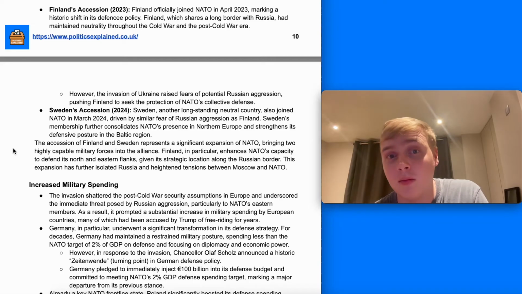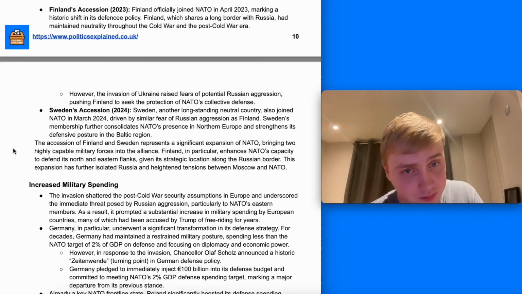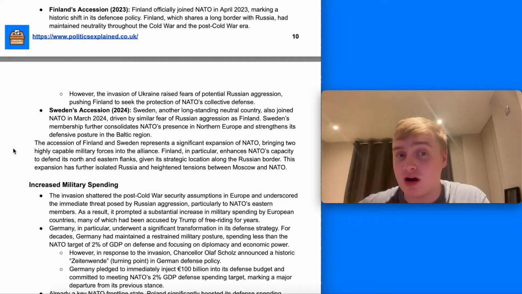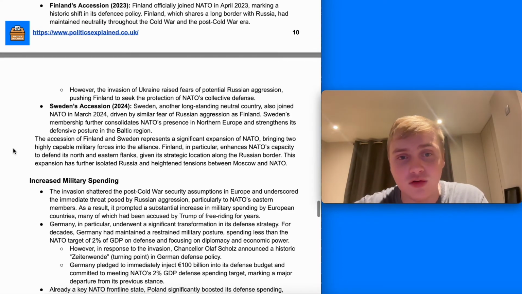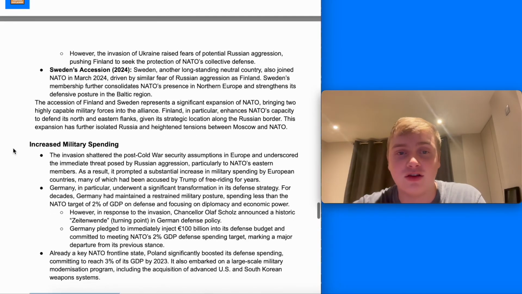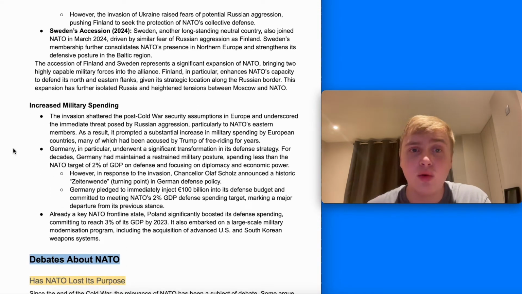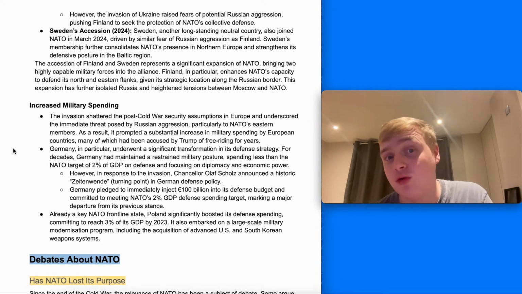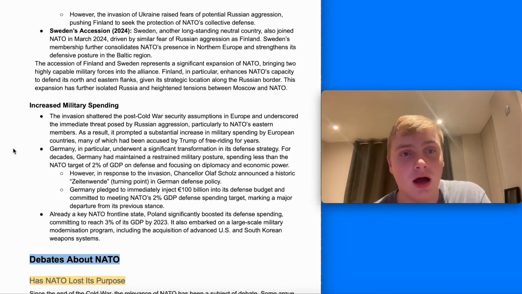So it shares a long border with Russia and had maintained neutrality throughout the Cold War and post-Cold War era. But the invasion of Ukraine raised fears of potential Russian aggression, and it ultimately wanted the protection of NATO's collective defence. And then Sweden followed in 2024, which had also been a long-standing neutral country, driven by similar fears of Russian aggression as Finland. The accession of Finland and Sweden represents a significant expansion of NATO, bringing two highly capable